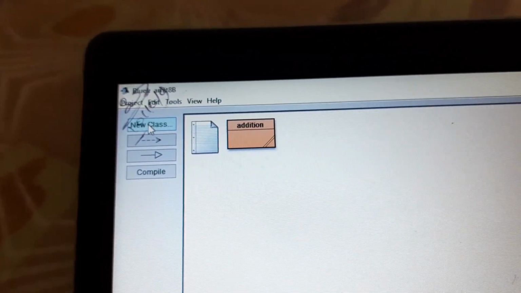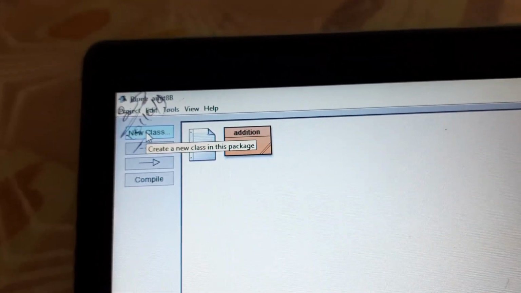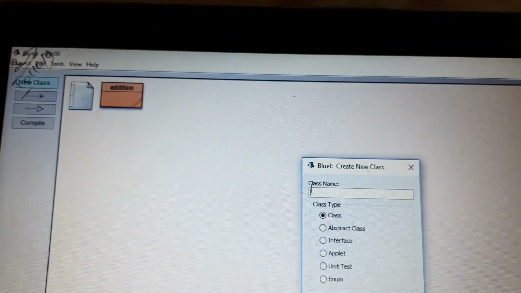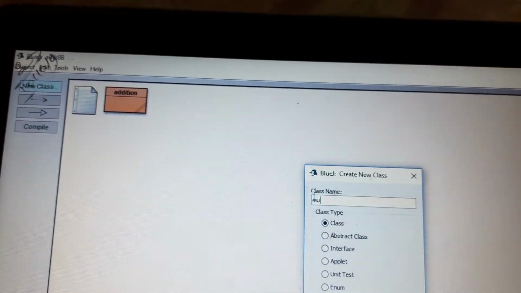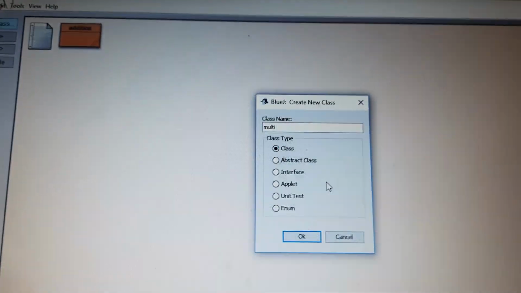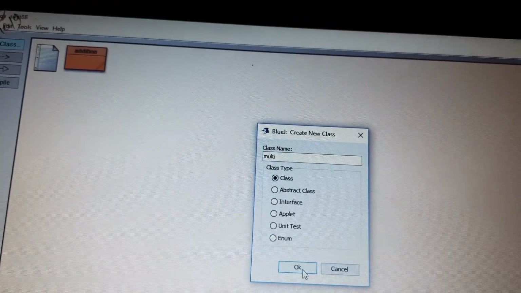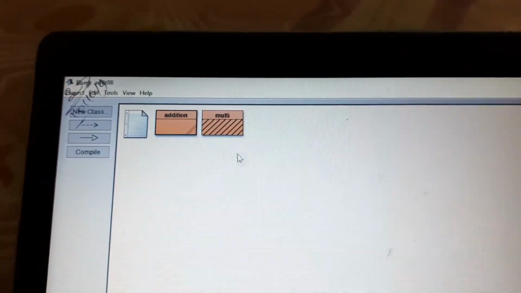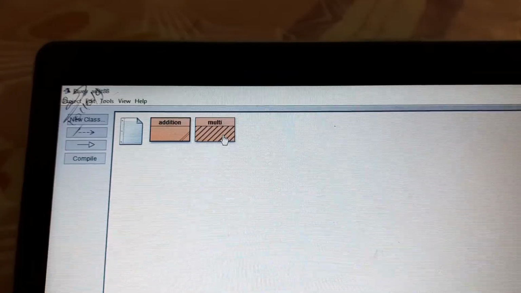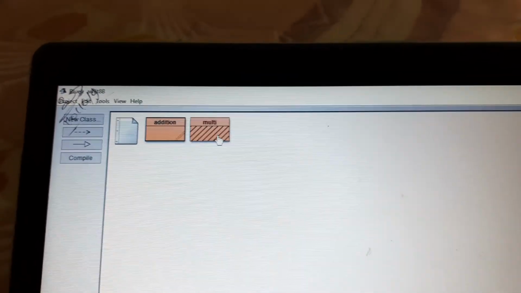If you want to do another program, the same procedure, new. After that, suppose we are doing the program for multiplication, multi, you can write in short form, okay, and the same procedure you can open it, Control A, select, then delete, then you can write another program.